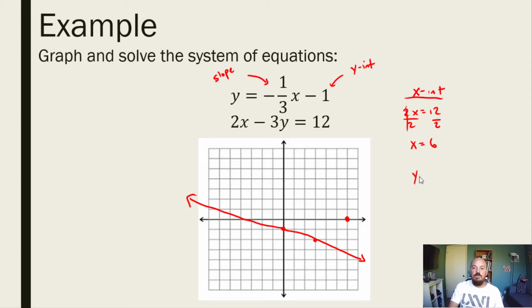And then we'll do the same thing for the y-intercept. Remember, we're using the bottom equation here. Now for the y-intercept, you say, okay, well, let's say x is 0, or basically you just cover up that 2x, and you get negative 3y equals 12. And for this one, you would divide both sides by negative 3, and y would end up equaling negative 4. So the y-intercept is negative 4. 1, 2, 3, 4 down would be right here. And if I draw in that line,